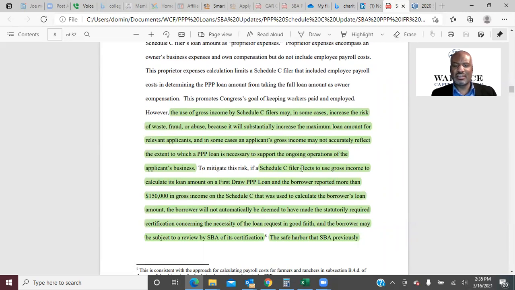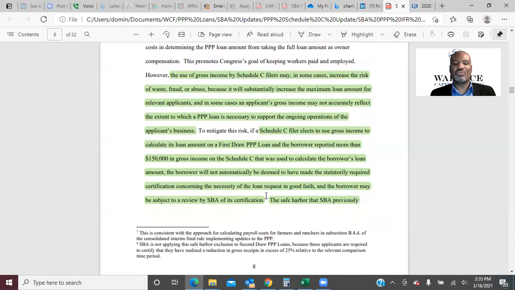Listen to this. If a Schedule C filer elects to use gross income to calculate its loan amount on the first draw loan, and the borrower reported more than $150,000 in gross income on Schedule C that was used to calculate the borrower's loan amount, the borrower will not automatically be deemed to have made the statutory required certification concerning the necessity of the loan request in good faith, and the borrower may be subject to a review by the SBA of its certification. So if you're reporting more than 150,000 in gross